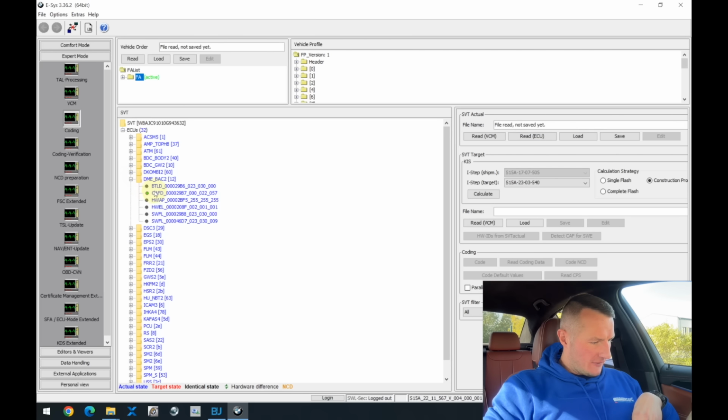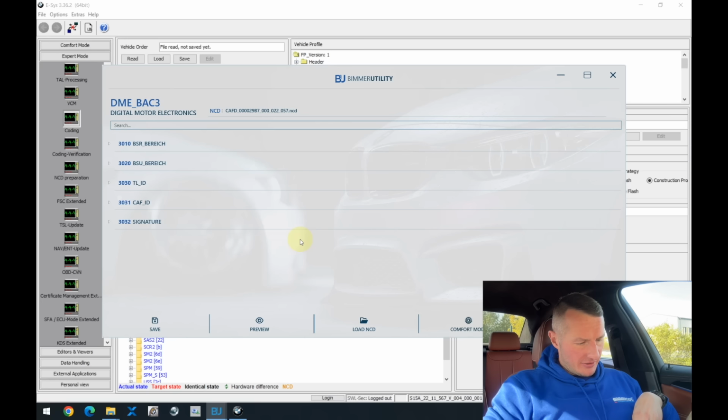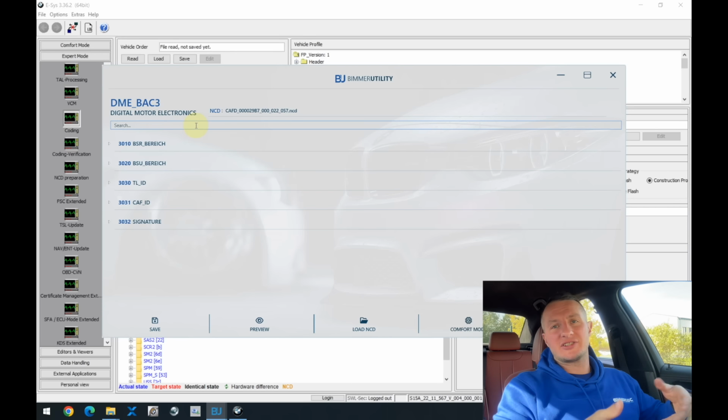And actually, if you go to the engine ECU and read coding data, it automatically asks you, do you want to start modifying with the Bimmer Utility? You just press FDL editor, and it goes to the Bimmer Utility, to the FDL editor itself. From over here you modify, write, press yes, modify the information, code the car. So it is still working with the Esys if needed,